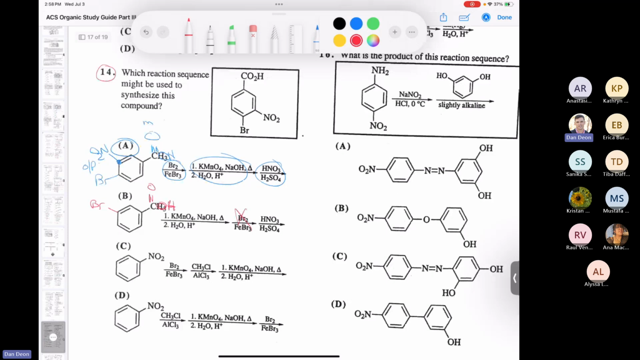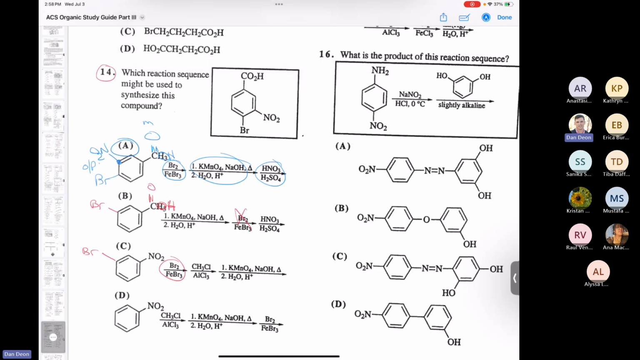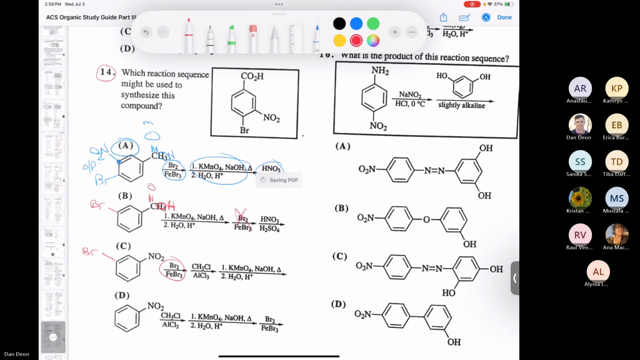I don't like that already, because then you would install the bromine, it would go in the meta position. So that's not going to work either. And the next one,